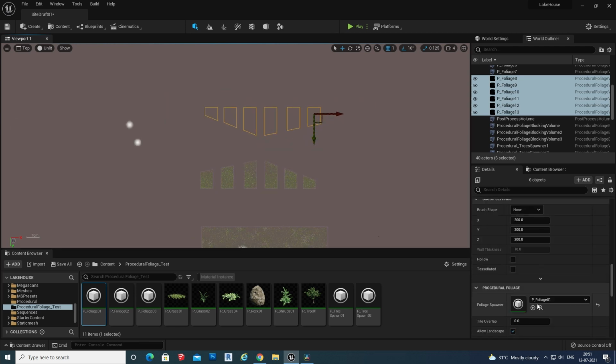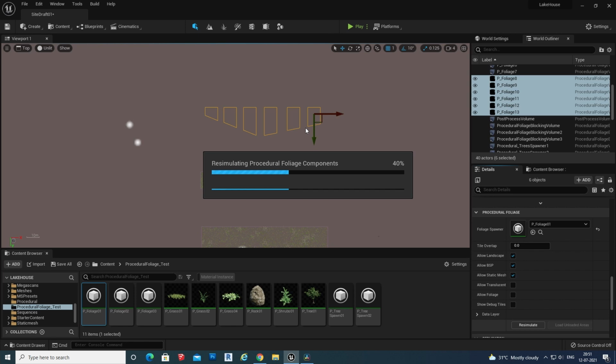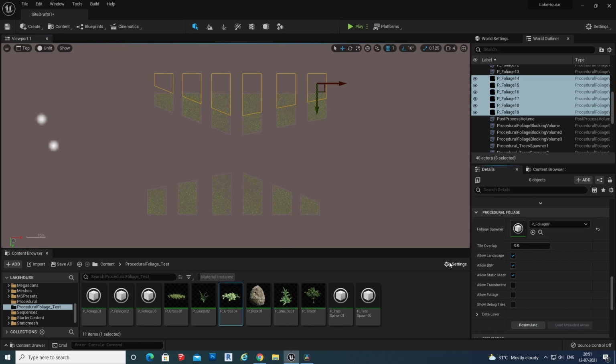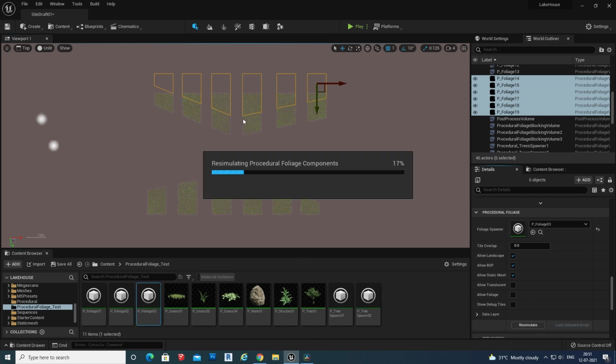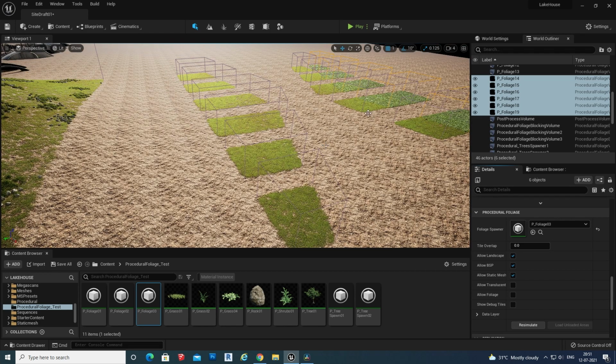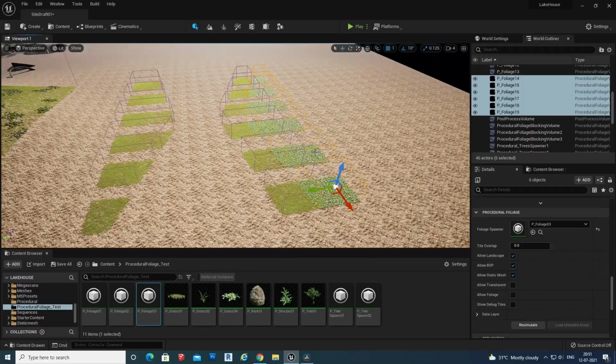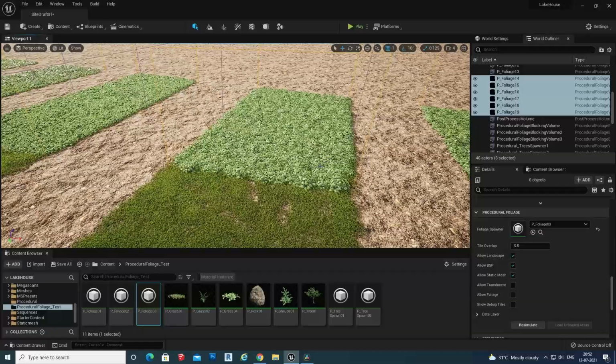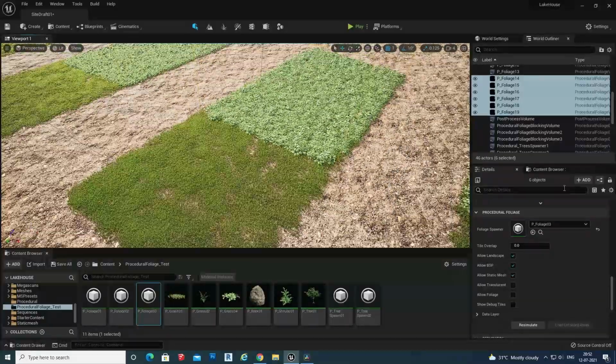So what I'm going to do, I'm going to create another copy and resimulate with some different grass. So most of the ArcVis projects, we need to go for design options.